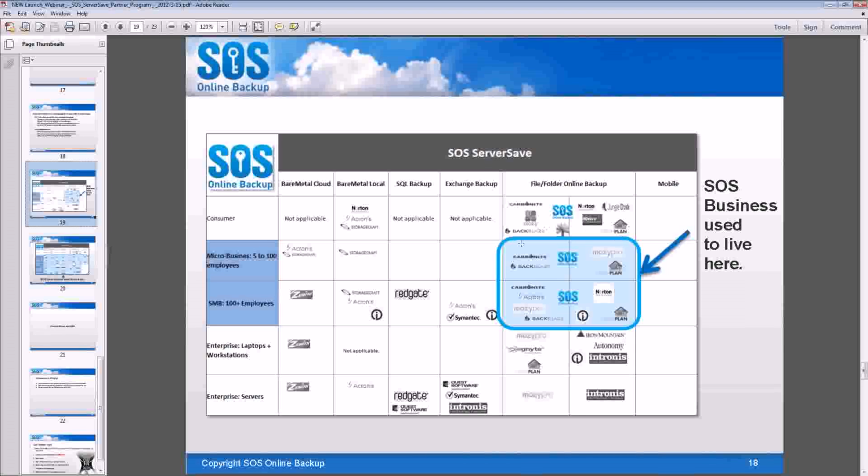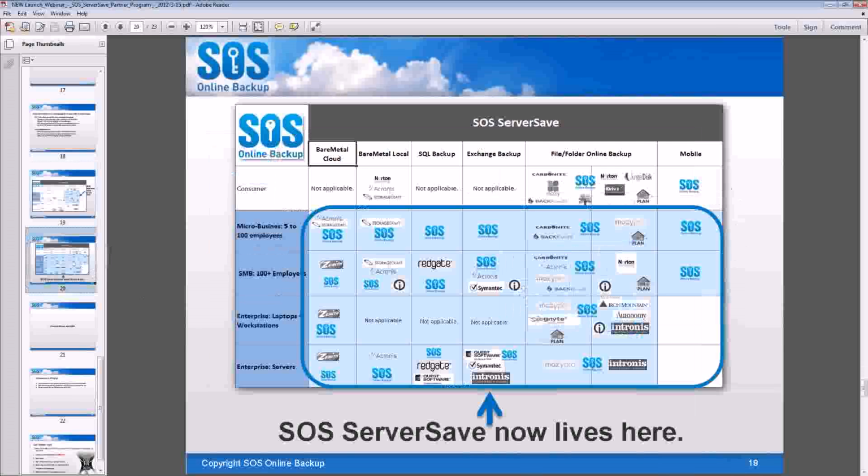The purpose of these slides is actually to show the progression of the SOS business over the 10 years we've been in it, from being sort of small business focused file and folder to now a company that has a technology footprint that looks like this. But when you're looking at any online backup solution, you can of course look at price, and you'll find that we're probably the cheapest solution on the market from a wholesale standpoint. Our retail price is a very, very different matter, but our cost to you is the lowest.